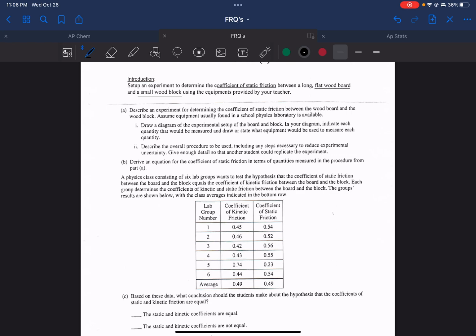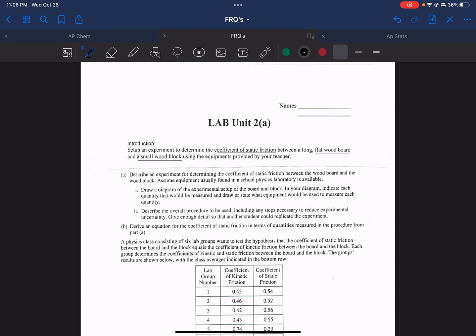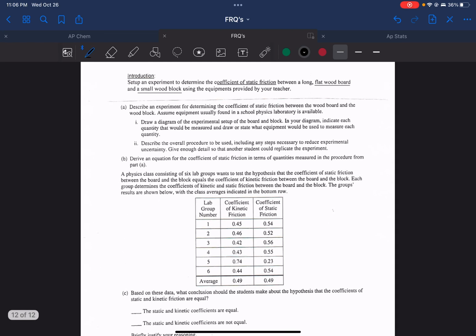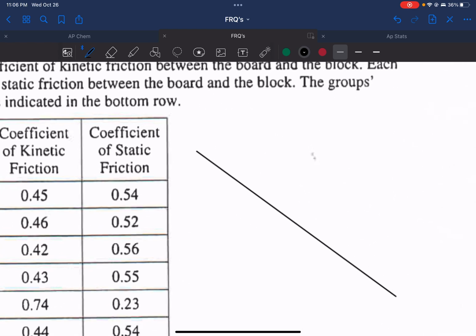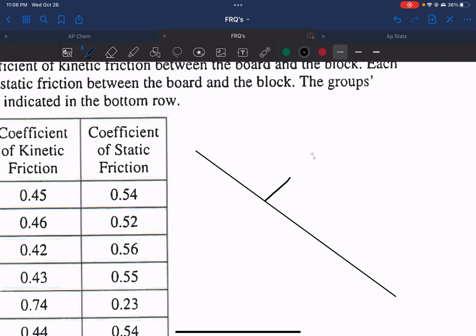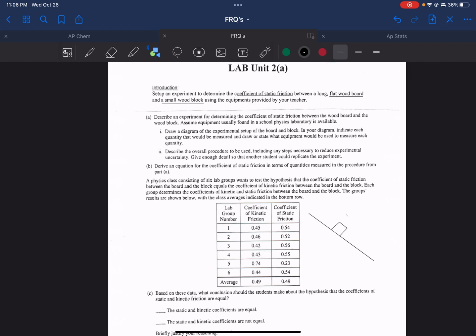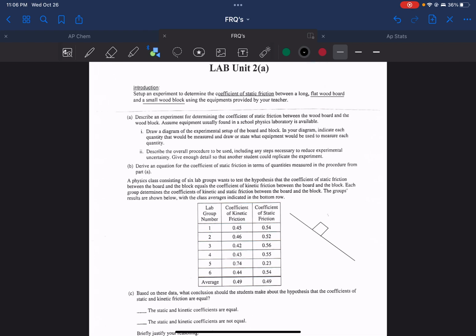Okay, so the first thing before I read the instructions is I'm going to set up this experiment. To determine my coefficient of static friction between a long flat wood board and a small wood block, I know that I'm going to need an inclined surface. And here is that small wood block they were talking about. Here it is. And now I have to describe an experiment